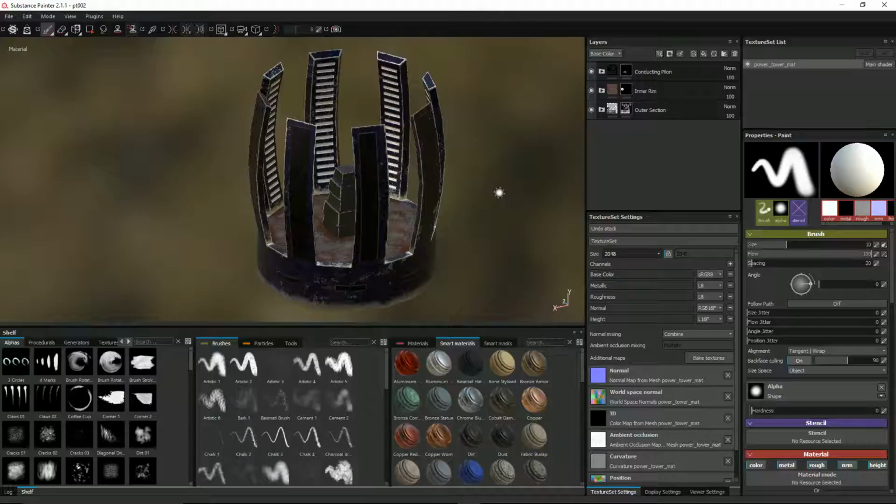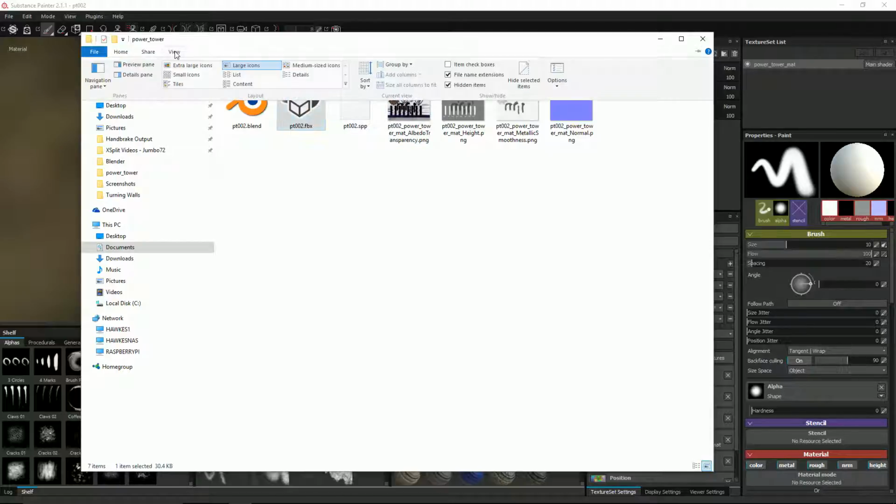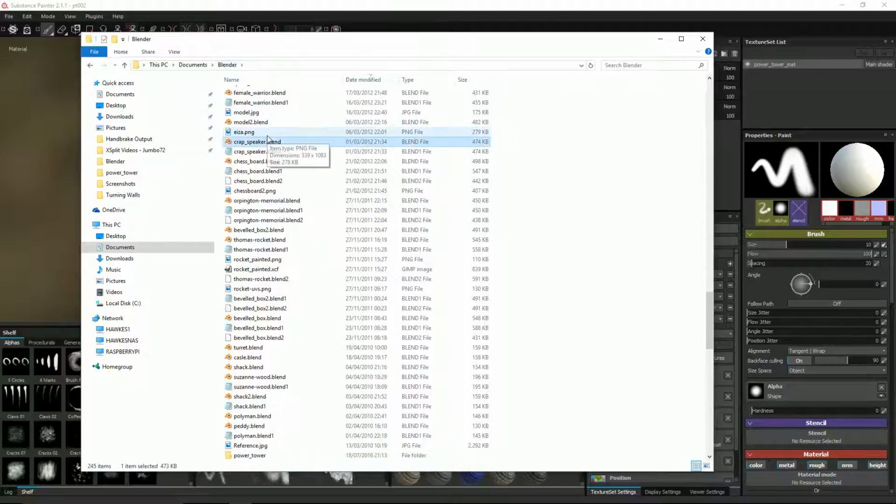Okay, with our Power Tower now textured and those textures exported into the Power Tower folder, it's time to start importing this stuff into Unity. We're not going to grab just the blend file or the Substance Painter file, because the Substance Painter file is enormous. It contains everything as far as I know. So potentially we could bring the blend file with us, but actually, I'm going to bring the whole lot. I'm just going to take this Power Tower folder and cut it,